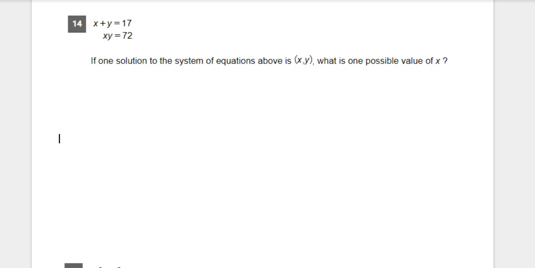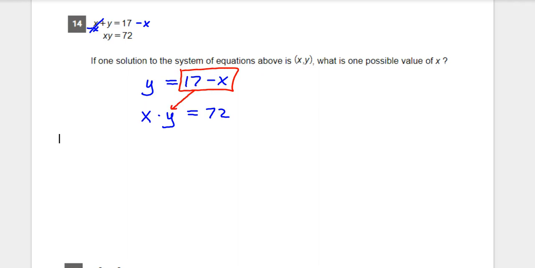But substitution, you want to try to get one equation solved for a letter. So for instance, maybe I'll get y by itself. So in this top equation, maybe I minus x from both sides, and I end up with y equals 17, take away x. I just kind of moved the x to the other side. Well, then I have this x times y equals 72. Well, I now can get rid of y because I know what y equals. So since I know y equals this, I'm just going to substitute it right here. So I'll have x times the new y,